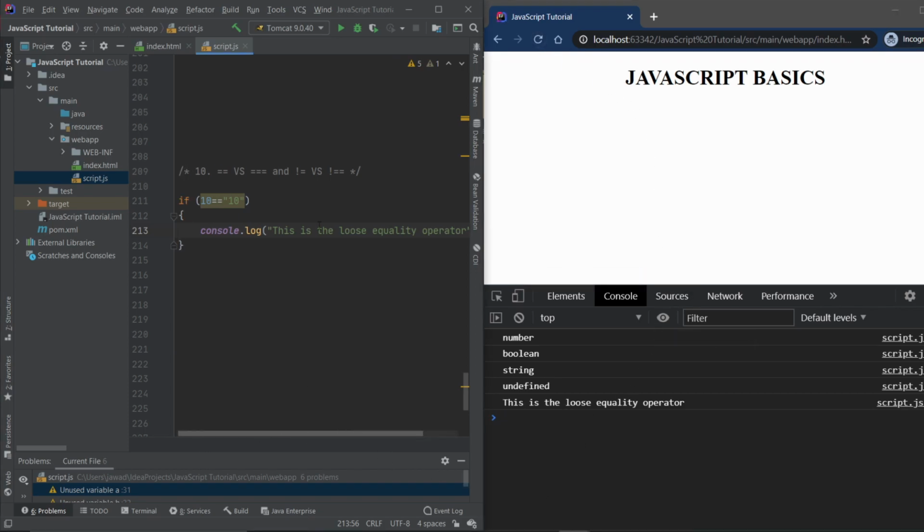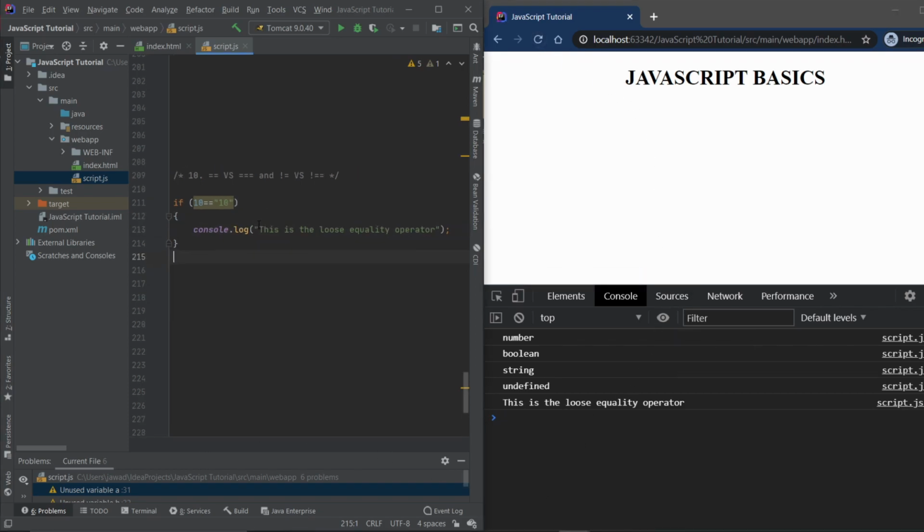So this happens because JavaScript is implicitly converting this 10 string into 10 number and then comparing it to the 10 here. And that is because we are using the double equal sign operator. Instead of this, if we did something like this, 10 equals string 10, then